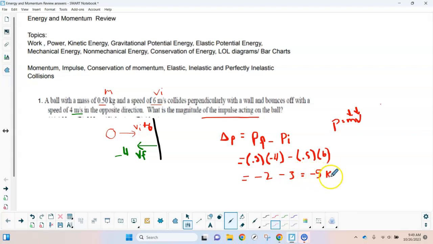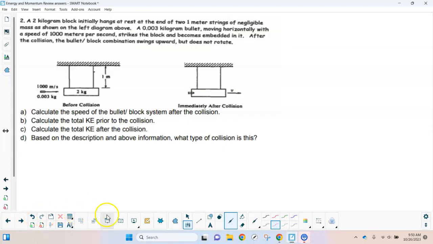And this would be kilogram meters per second, which is the unit for impulse or change in momentum. So that's essentially it for this problem. It's pretty straightforward. There could be a follow-up, like if they gave you a time or a force, they could ask for those other pieces, but I didn't do that in the review, so I'll keep it moving. Okay, so the next one is another situation where it's conservation of momentum, and there's a bullet which has